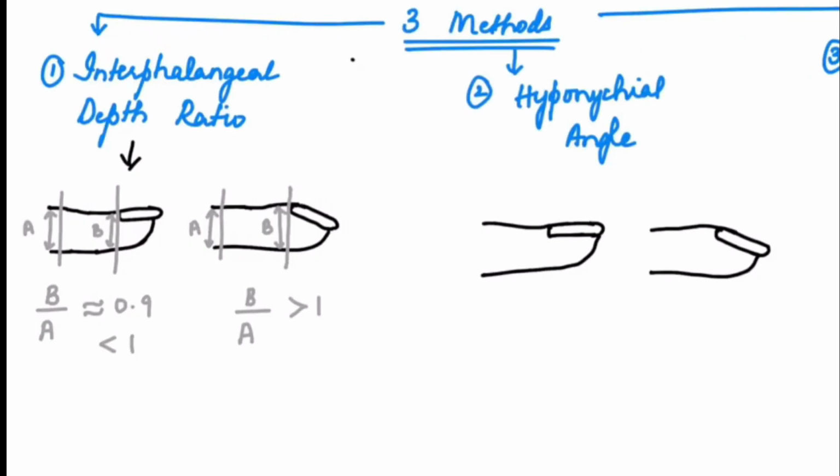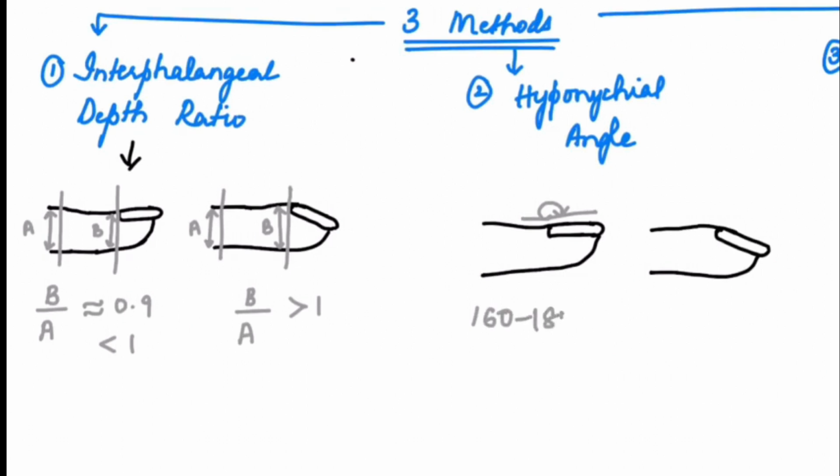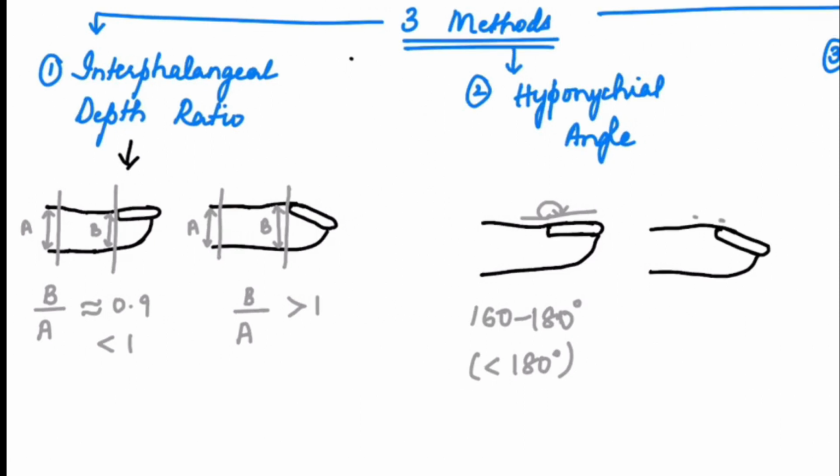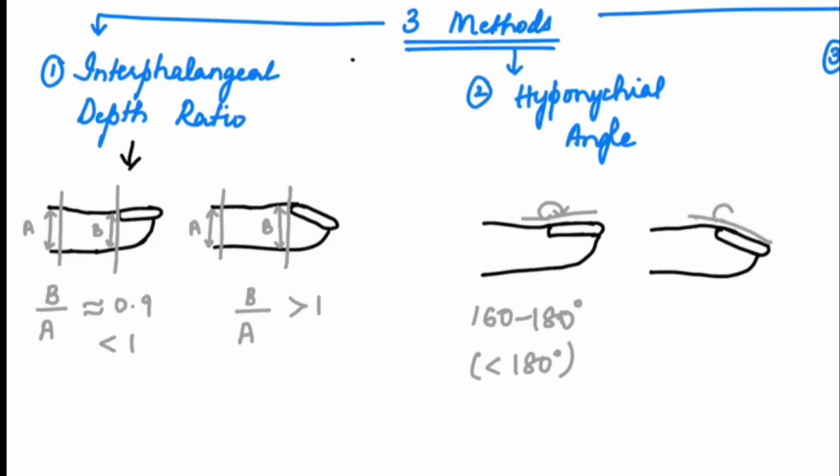The second one is the hyponychial angle. This is the angle between, see, this is the cuticle, the junction of the nail and the nail bed. A line is drawn from the distal part of the finger to the cuticle, and another from the hyponychium to the cuticle. The hyponychium is below the fingertip, the nail tip, and the angle between them is measured. If it is less than 180, some say 160 to 180, it is normal. And when there is clubbing, what happens? The angle between the nail and nail bed will be more. If it is more than 190, then it is significant clubbing. So this is a very important angle to look for.